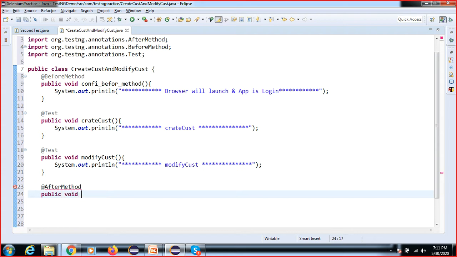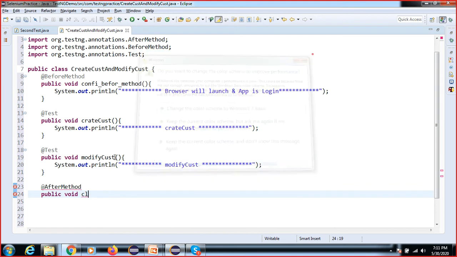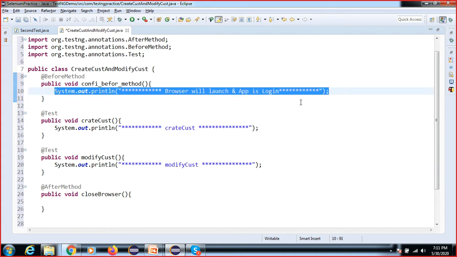Public void modify customer, and in the after method, what I'm going to write is close browser. This is one type of structure I'm going to show you. I'll write a message: close browser and log out of the application.